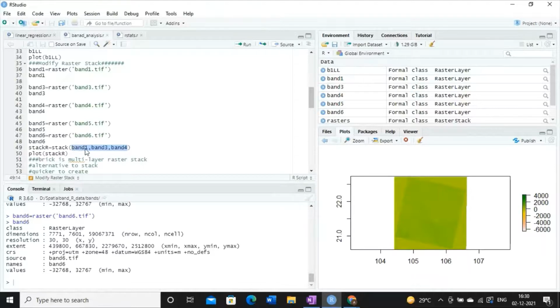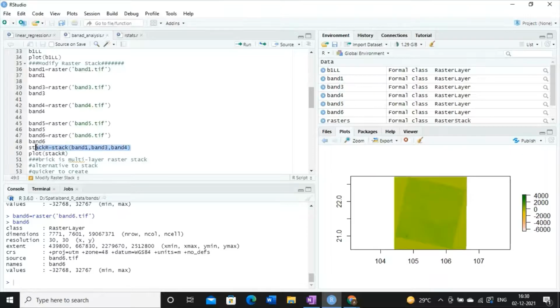So I will stack all these bands together in a variable. So here the stack function is used to stack the bands. Band 1, band 3 and band 4 are the variables in which I have already loaded the bands in TIF format using the raster function. So I'm just going to use these variables over here.